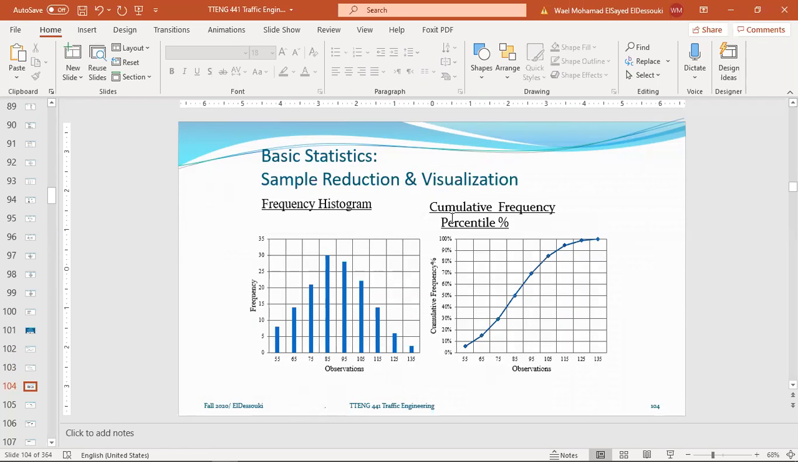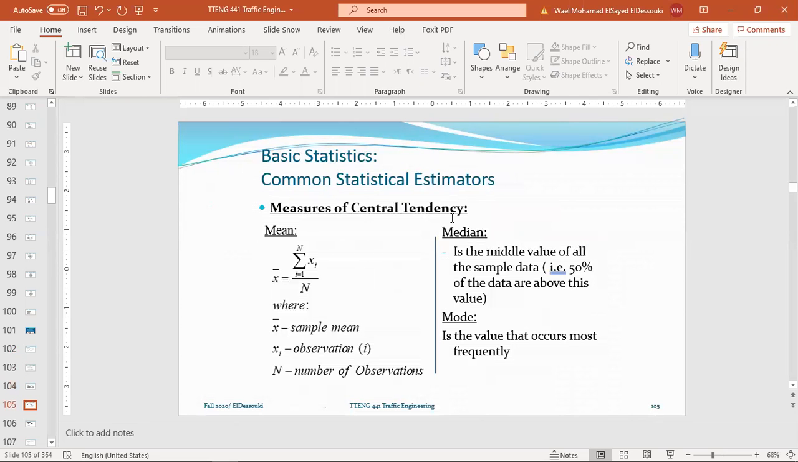First of all, we do sample reduction and visualization for the measurements. We do this with the histogram for the collected data, and the cumulative frequency. We have done this before online using Excel, okay? And there are measures, first, the common